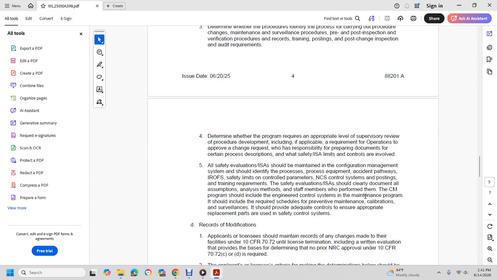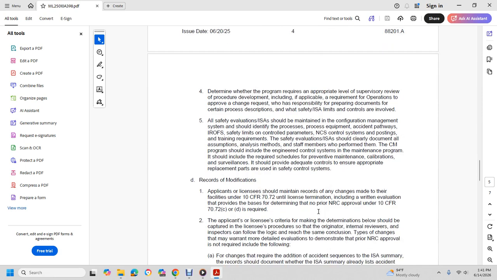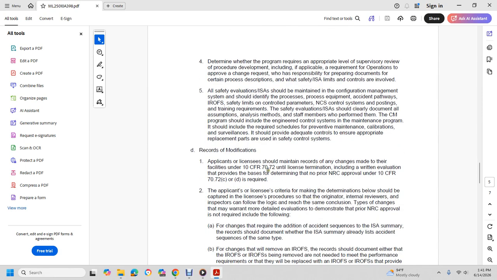parameters of the NCS, the control system, the training requirements, the safety evaluation and integrated safety assessment, clearing the document with the assumptions, the staff members' performance of the configuration management program, including the engineering control system. The maintenance program includes the required schedule for preventive maintenance and calibration to provide adequate control, ensure appropriate replacement, and appropriate safety control measures systems, records of the modification of the applicant license, for the maintenance of records and changes with